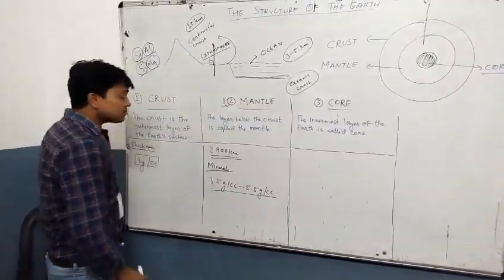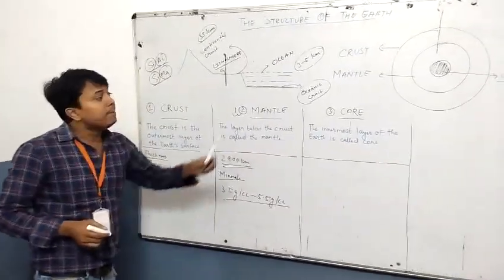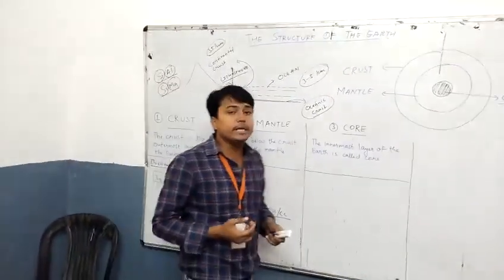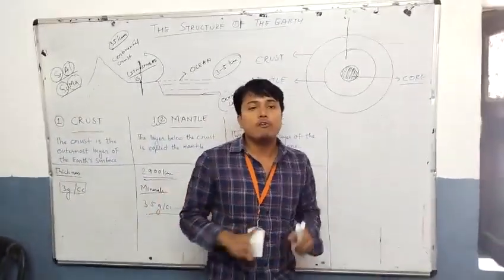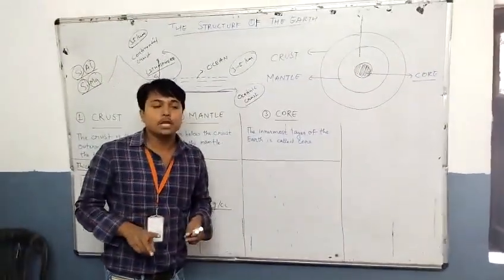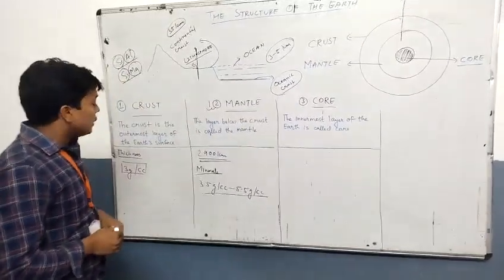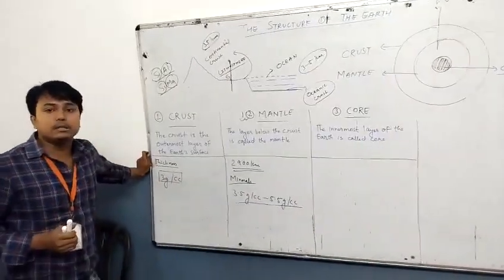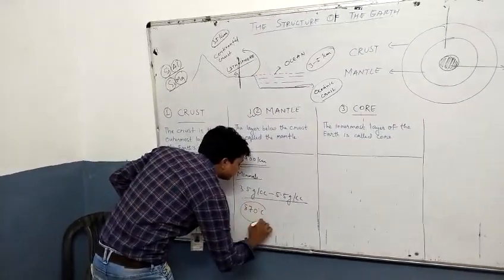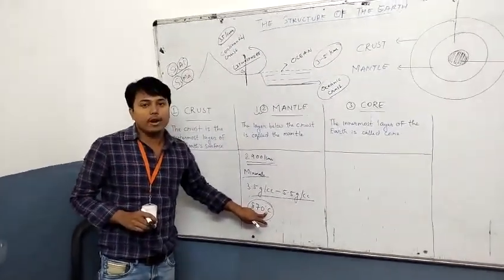Now we talk about the temperature of the mantle. The mantle is also further divided into two parts, same like crust. We already discussed the crust is divided into two parts, first is oceanic crust and continental crust. In the same way, mantle is divided into two parts. First is outer mantle and the second is inner mantle. So the temperature of outer mantle is 870 degrees Celsius. Okay, we all know that SI unit of temperature is degree Celsius or Fahrenheit, but here we